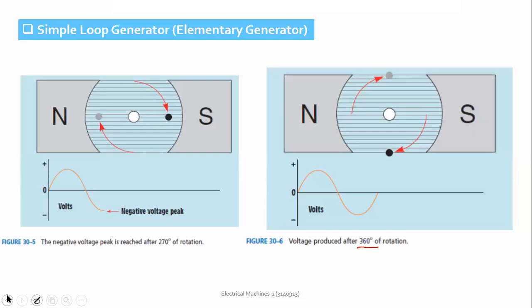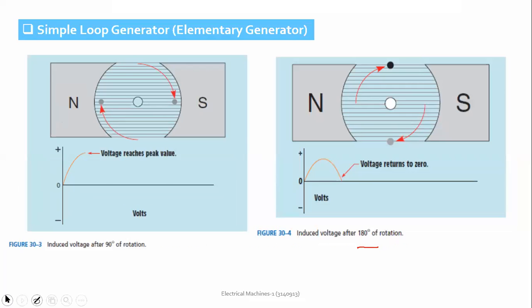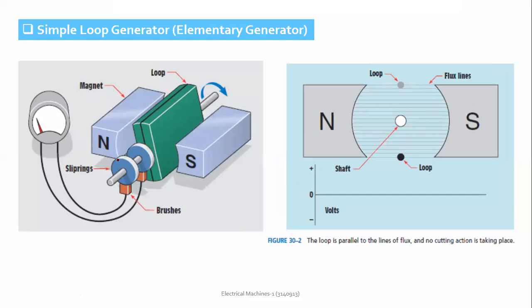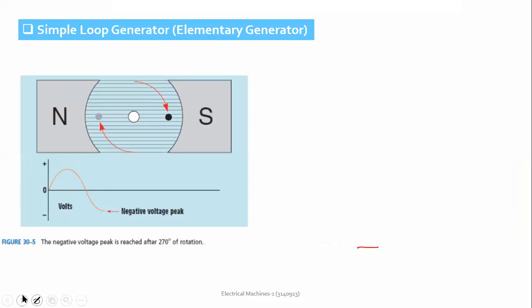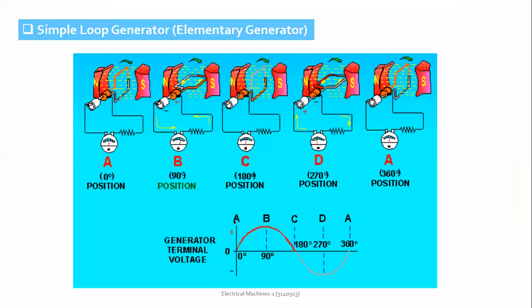And remember, here we have used slip rings. Okay, in the slides, these are the slip rings. Slip rings are continuous copper rings, and the brushes are placed on the slip rings. These brushes will collect the current and the induced EMF from the slip rings. And if we see the nature of this induced EMF, it will be alternating in nature, for the simple elementary loop generator.